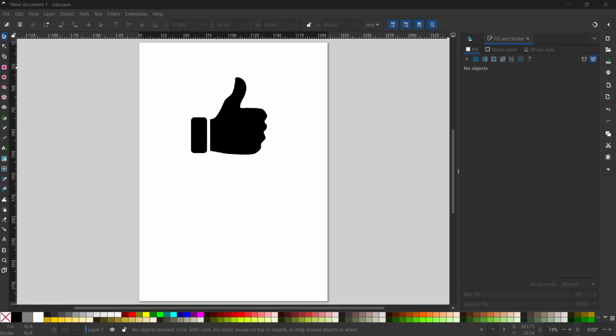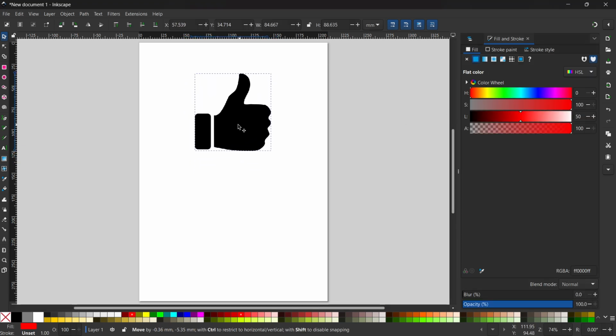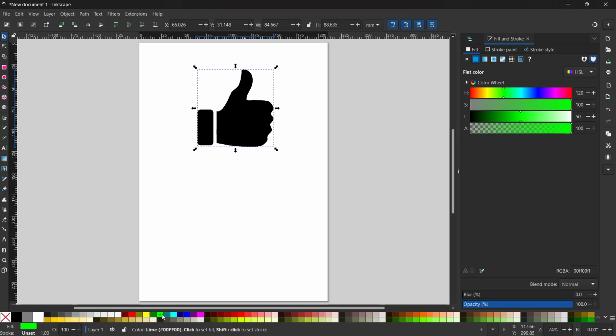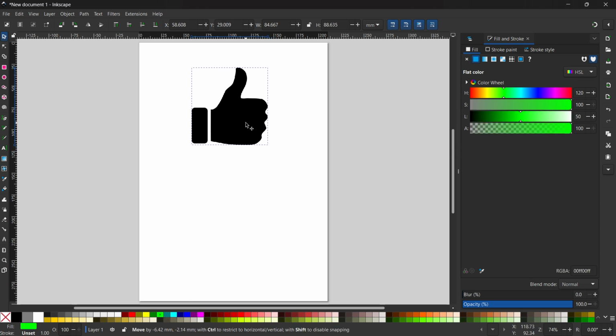In this video, I'm going to show you how to change the color in Inkscape. Now, the first thing you have to do, of course, is have an image you want to change the color of. And by the way, if the image is a PNG, like in my case, and nothing you do works, so no matter where you click nothing happens,